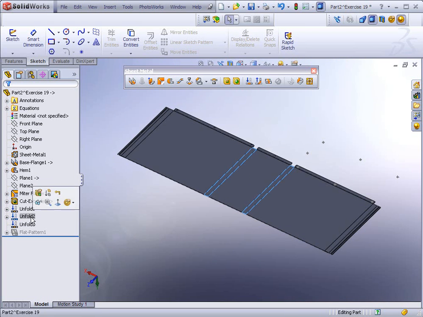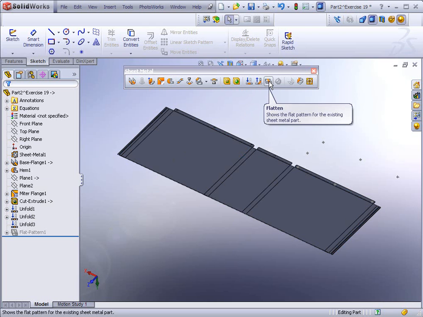Okay, so we have 3 unfolds, and now if we need to fold it back up, you could click on fold here, or you'll see it in the steps here. What we'll do